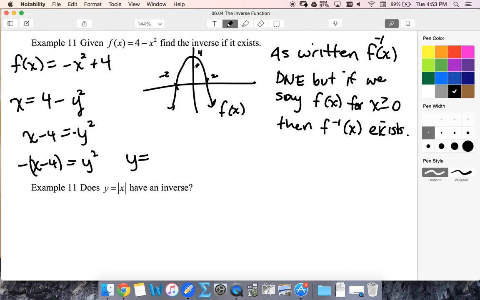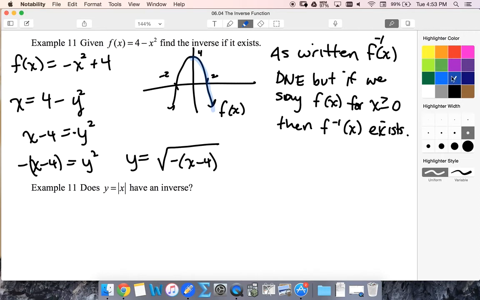However, since we're only looking at our right branch, that's going to be the positive version. So square root negative x minus 4. So notice we don't write the plus minus. We had to choose which one it is. So if I'm inversing this branch,